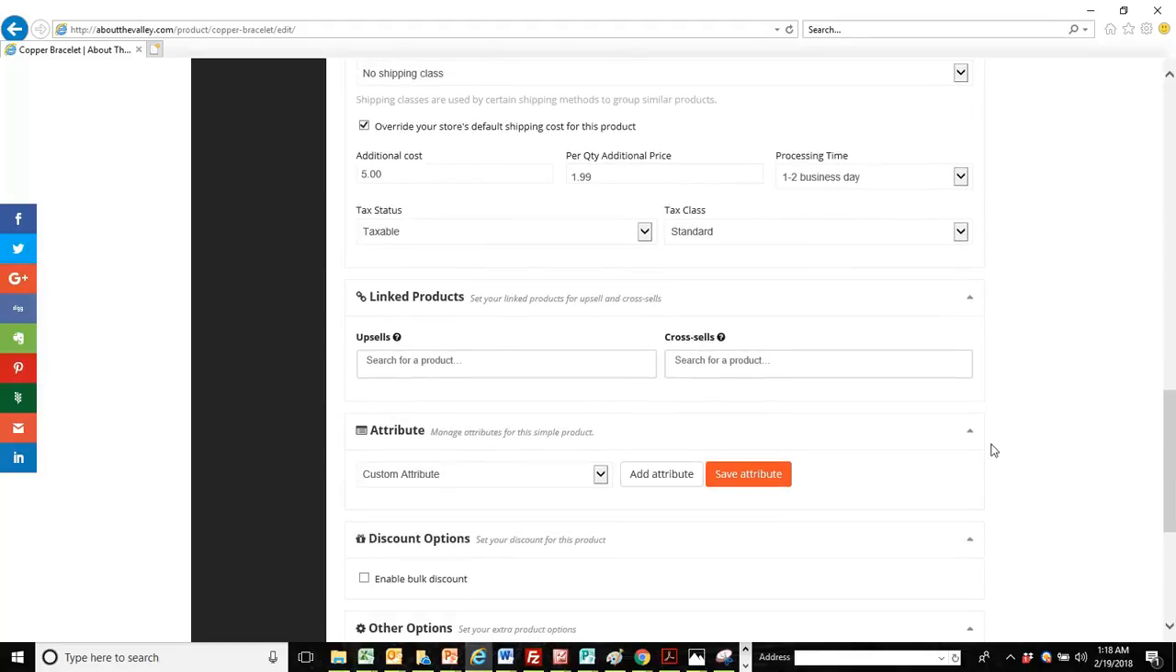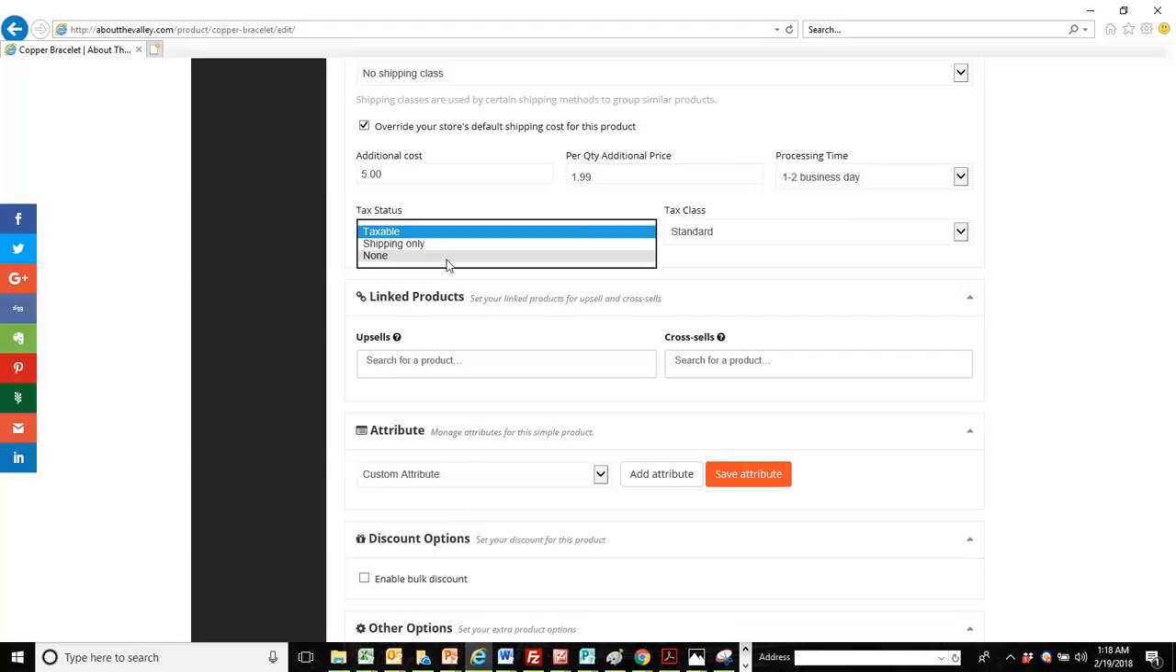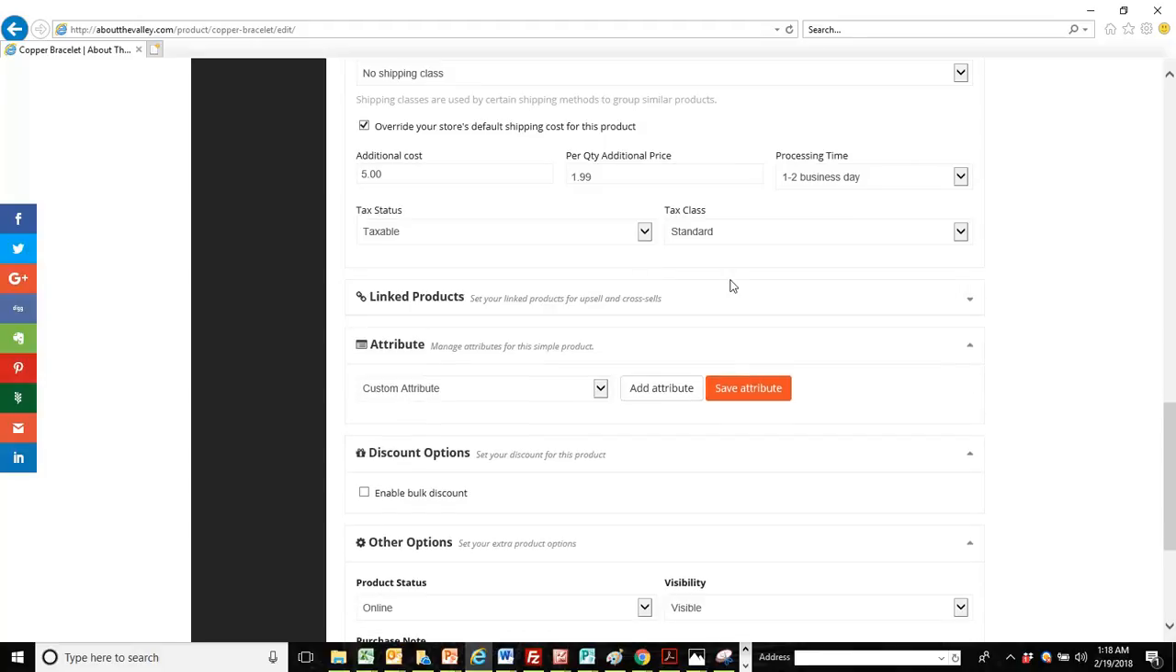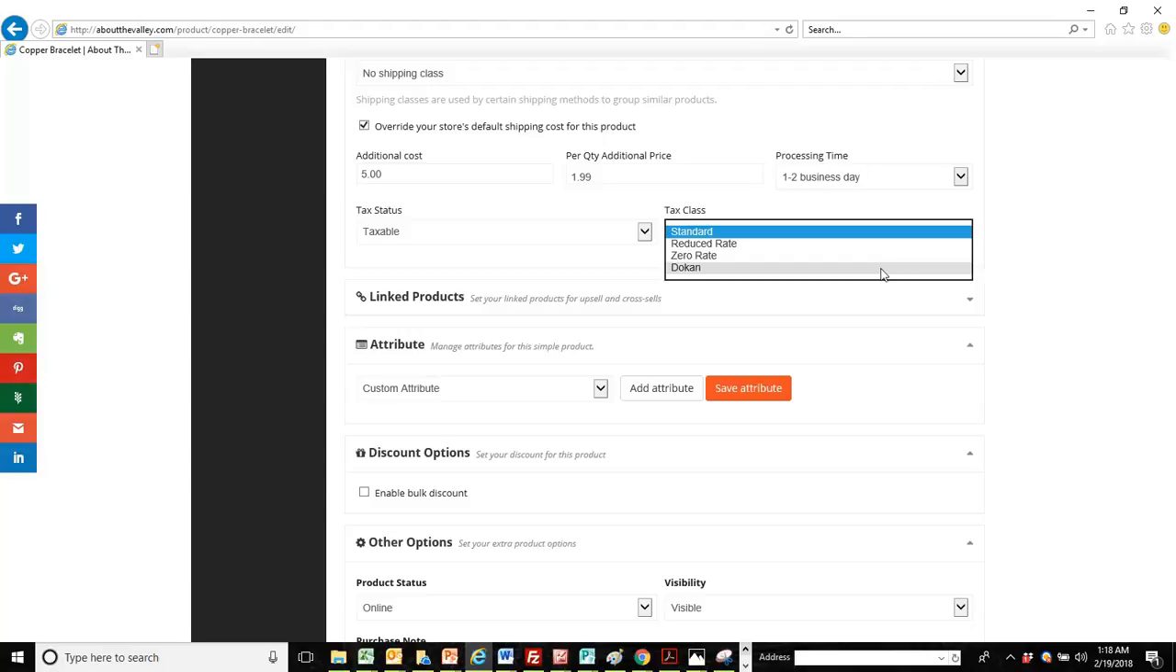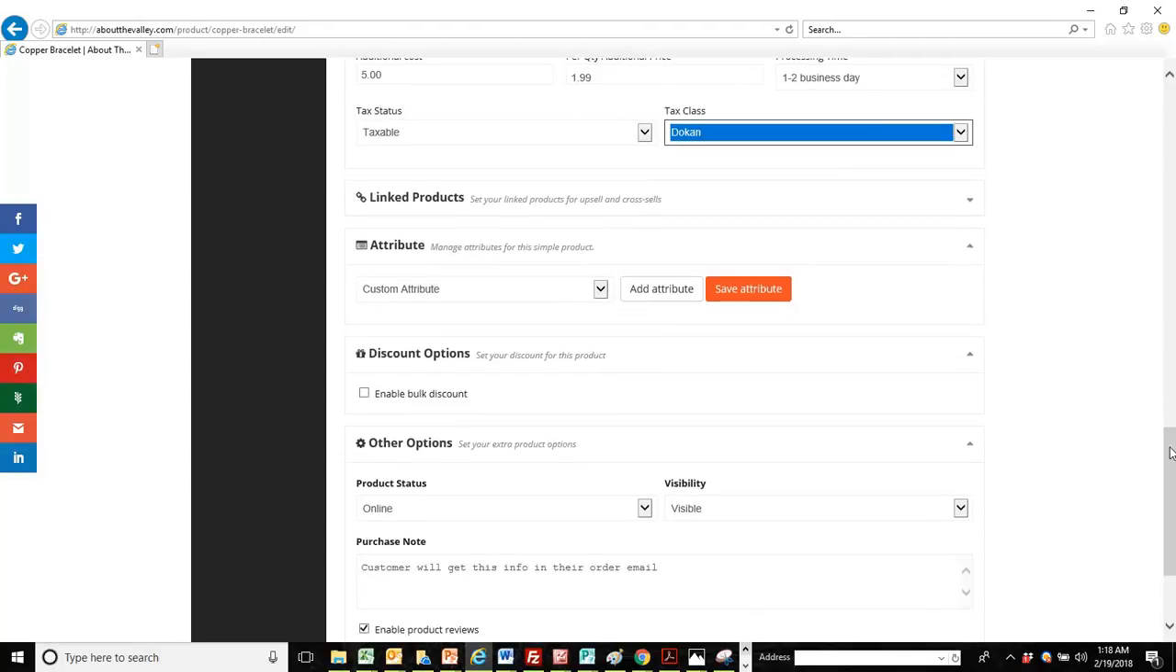The next section is whether or not this is a taxable item. If it's taxable, then you're going to leave that, but if it's not, you can click on no. You shouldn't use the shipping only, I wouldn't think, because that means that tax is only going to be charged on the shipping, which in Alabama is different. And then for your shipping class, leave that at standard. I'm actually going to put that on Dokan. You're going to change that over to Dokan,